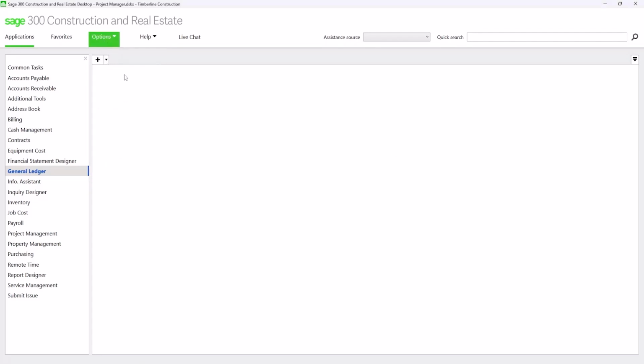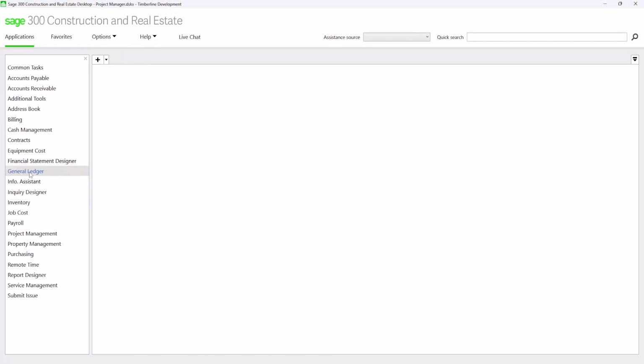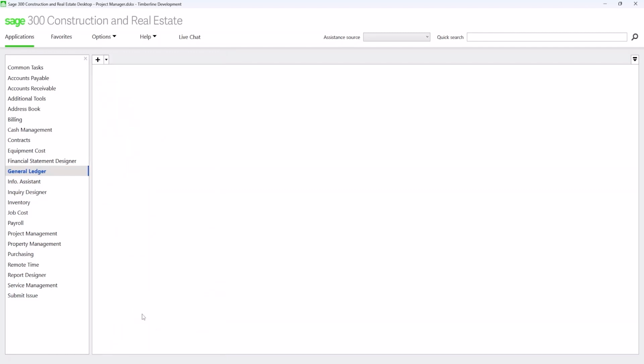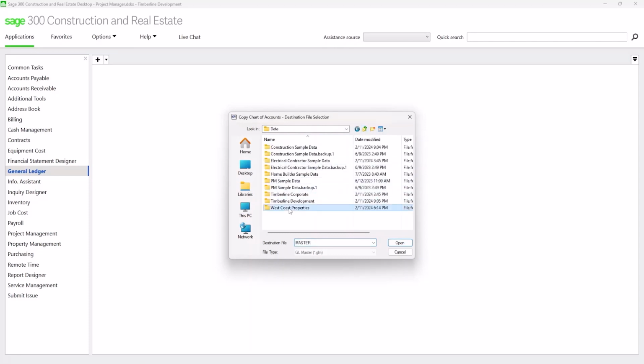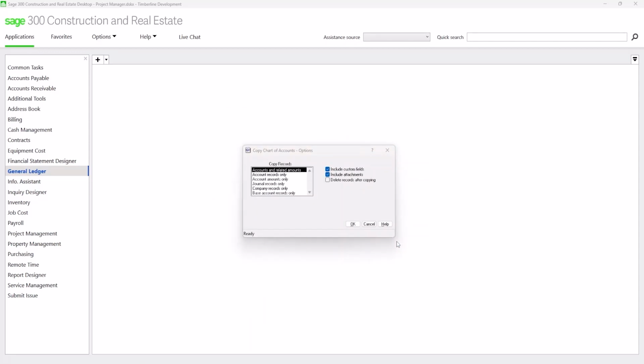We'll flip the data folder now to Timberline Development and do the same step. General Ledger, Setup, Copy Chart of Accounts. We're going to copy from Timberline Development into West Coast Properties. Select Master File there. And again, company, base accounts and journal records have already been copied.